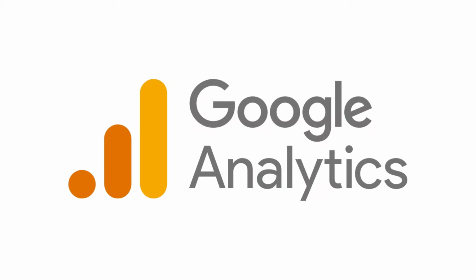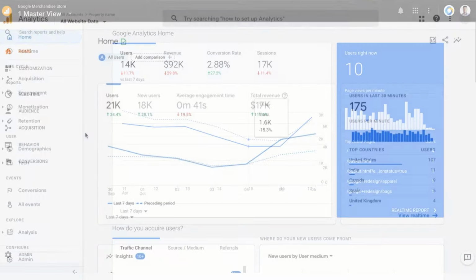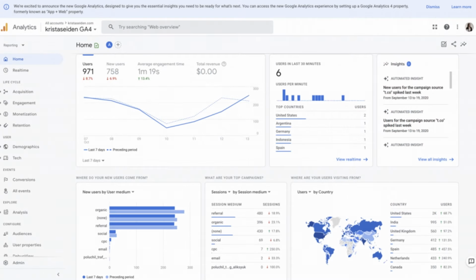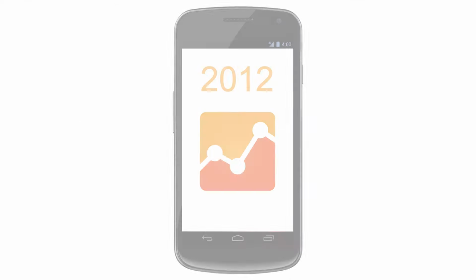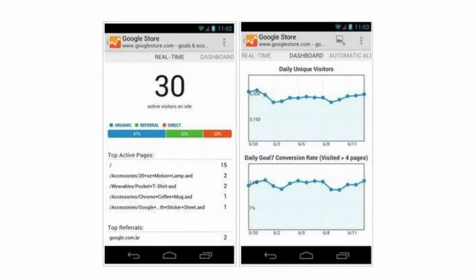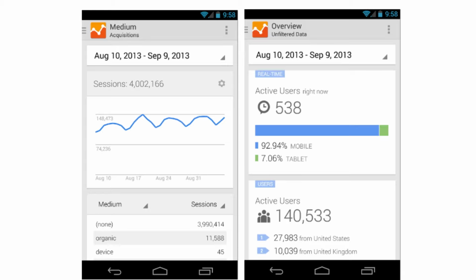Next up, Google Analytics. According to the internet, Google Analytics offers basic tools and statistics used for SEO. In other words, it's a way to view website traffic and performance. The first Google Analytics app was released to the Play Store in 2012, and it featured an Android Holo UI design. In 2013, the logo went through a design change, and the UI uses an unusual mix between the Holo